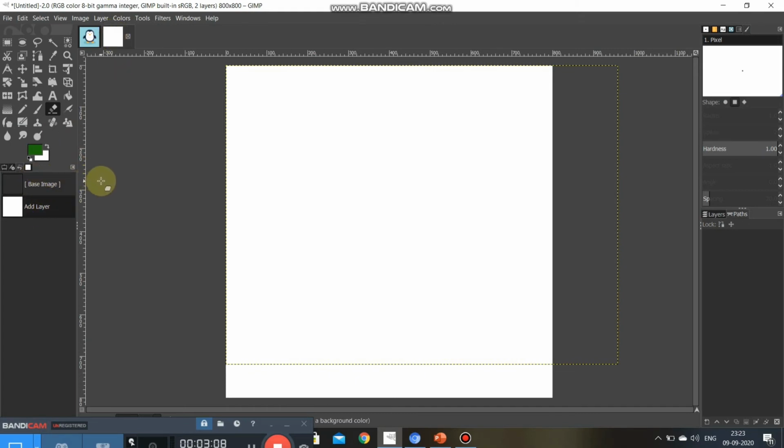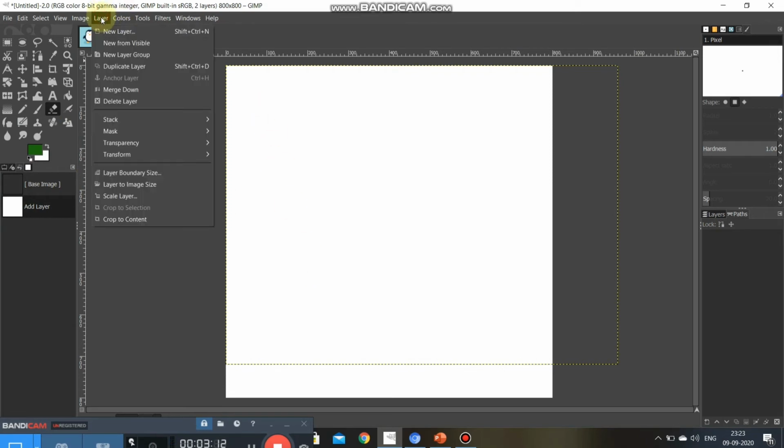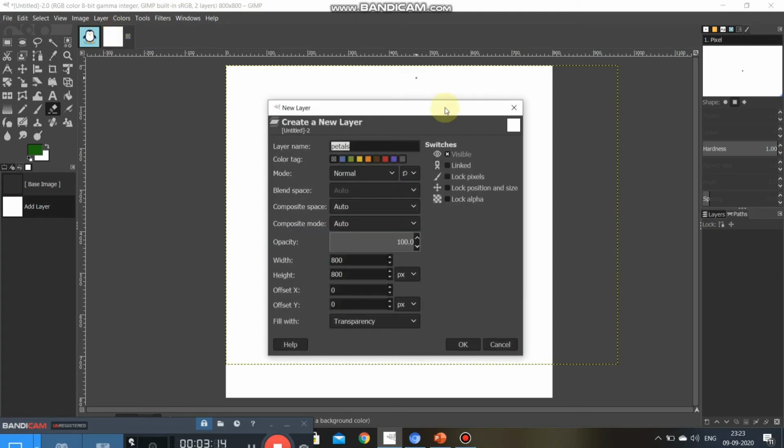okay? What we have done, we simply went on layer. After that we have created new layer. For example, first was a petal, so now I am creating stem, okay? Everything is fine. Now height and width we have to choose. By default it's showing 800 and 800, okay? 800 height in pixels.